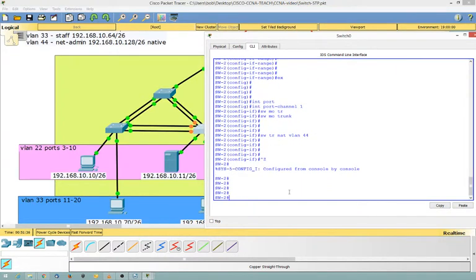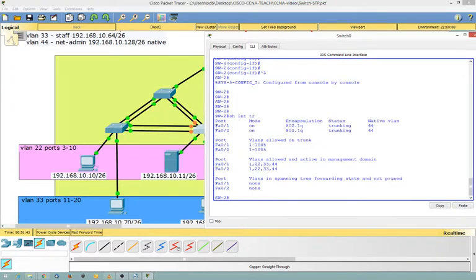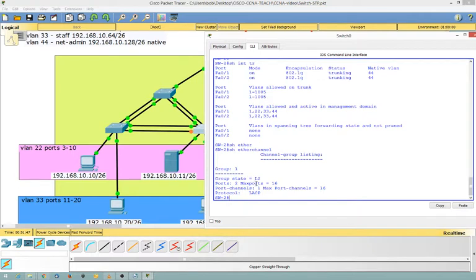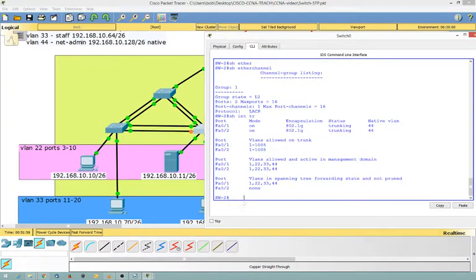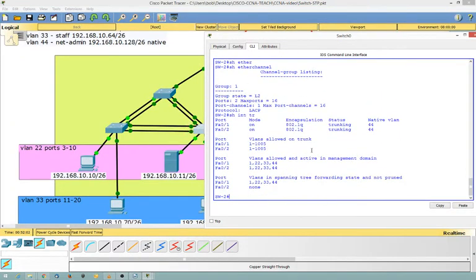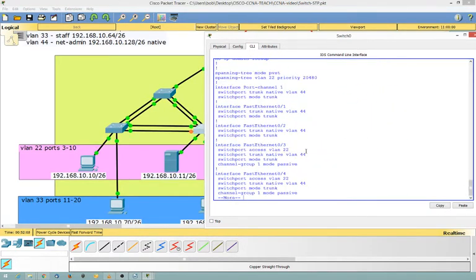So show interfaces trunk, and there's no port channel up and running, so show ether channel group 1, protocols running LACP, so it's just taking its time to negotiate by the looks of it. So show interfaces trunk, still nothing coming up. I'm pretty sure we've done what's correct, so let's show run. So interface port channel 1 has our switch port trunk native and our mode trunk. Interfaces 3 and 4,